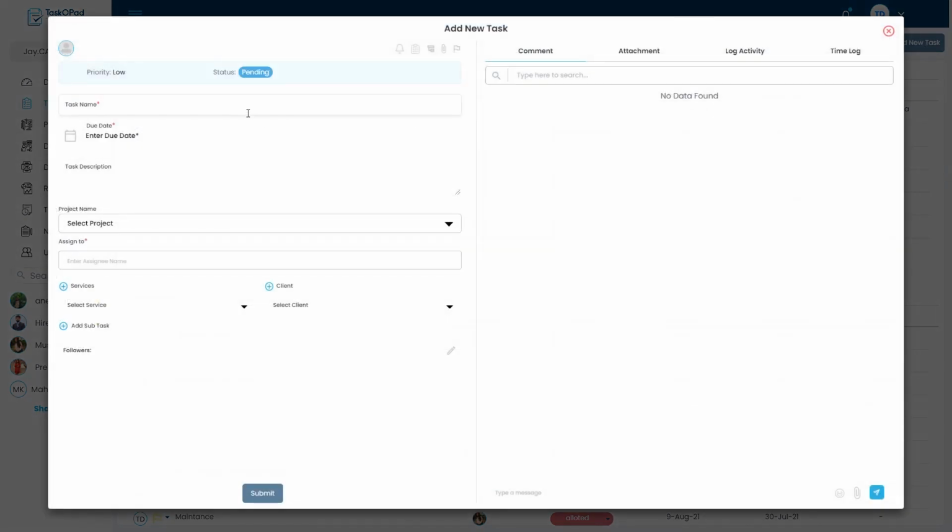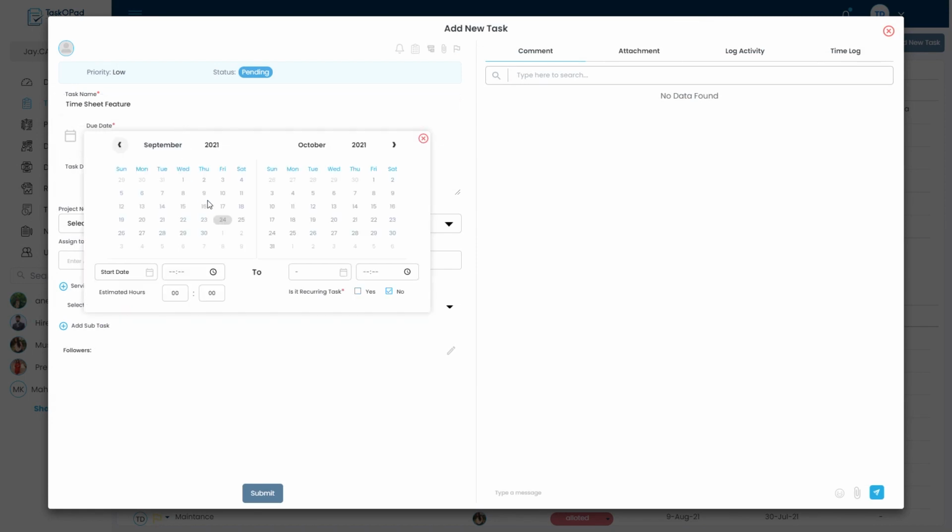So these are the three basic steps of a task. First we will write the name, then the due date. Here you have to decide the start date and end date of the task. Once it has been decided, the estimated hours will appear automatically.